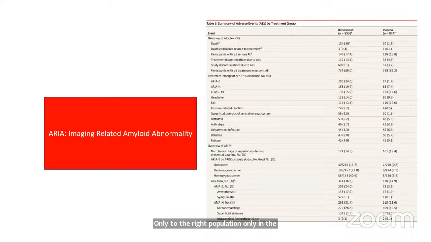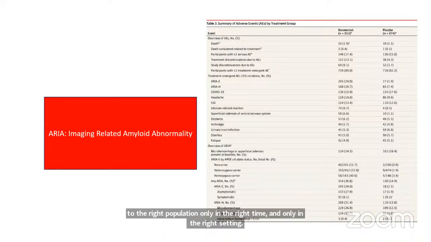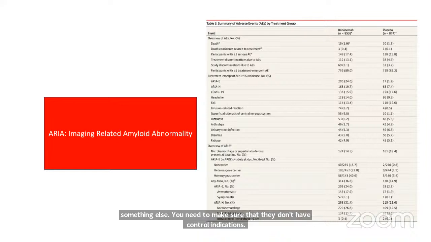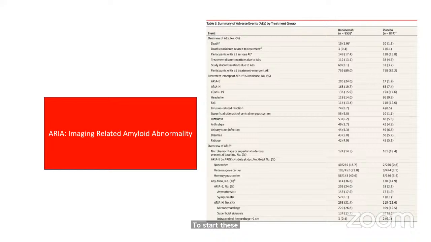You need to be confident that they have Alzheimer's disease, and you need to be confident that it's really Alzheimer's disease, not something else. You need to make sure that they don't have contraindications to start these medications. You need to have access for serial MRIs. You need to have access for serial clinical assessments. You need to inform your patients that these medications are taking